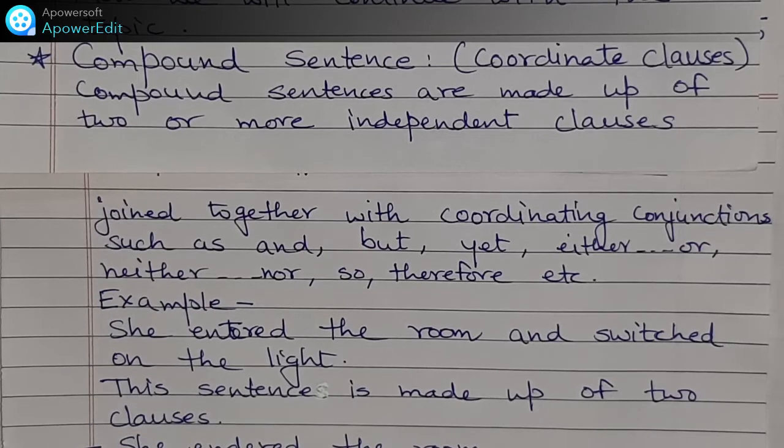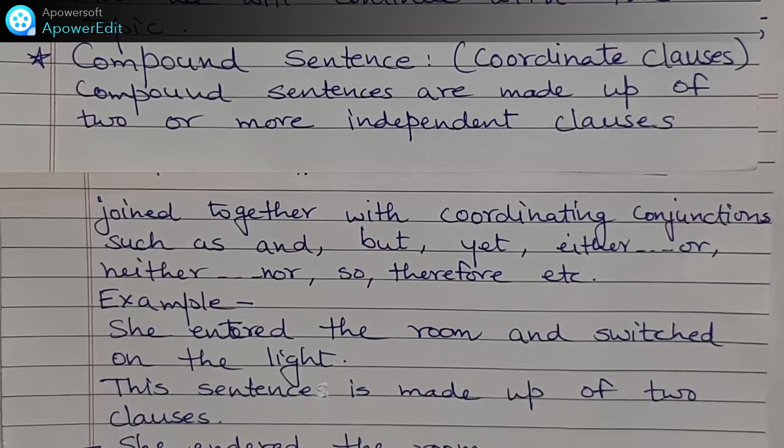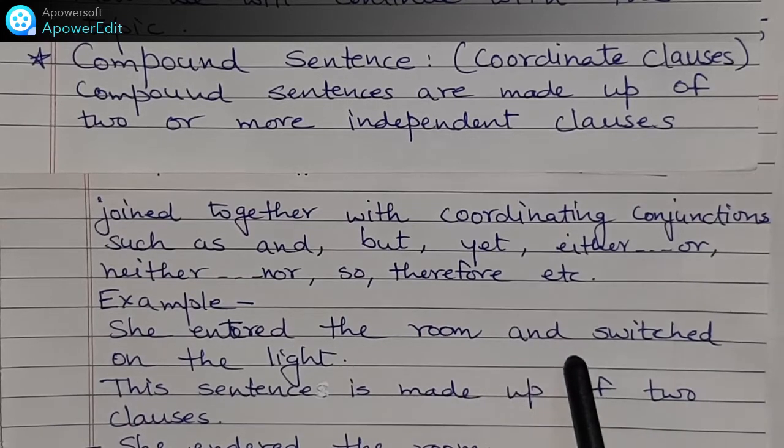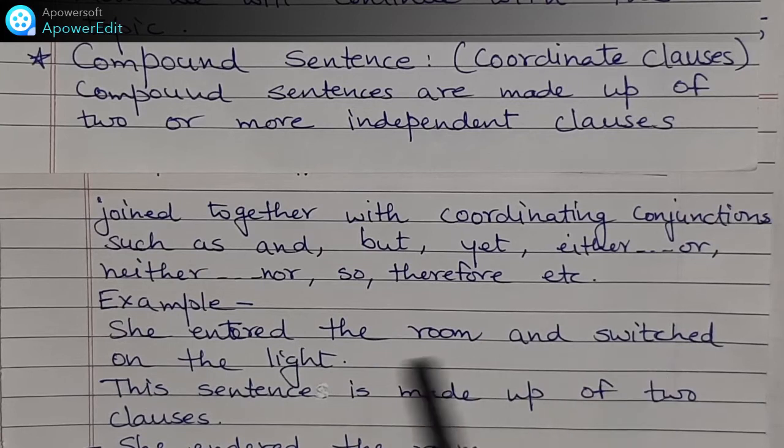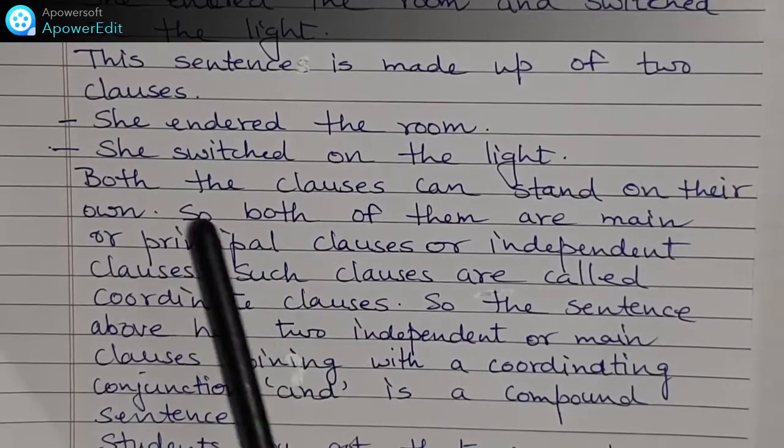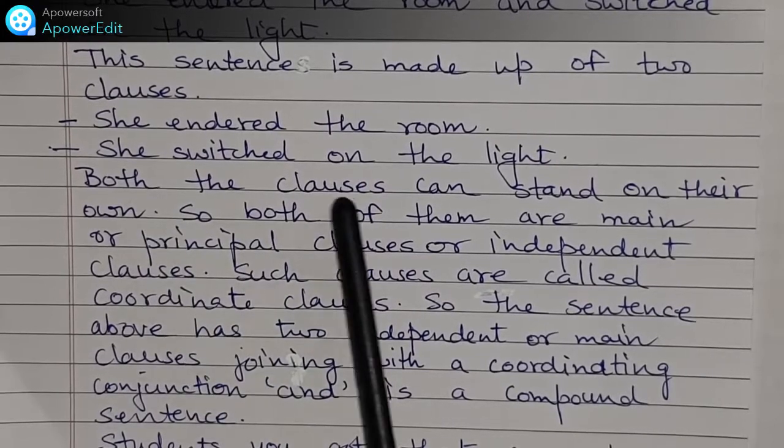So she entered the room, one independent clause, and the other independent clause, she switched on the light, and they are joining with the coordinating conjunction and. So this is a compound sentence. So students, you can see in both the clauses